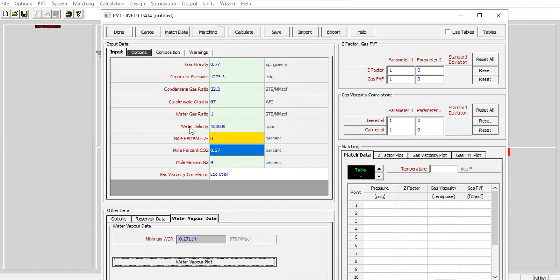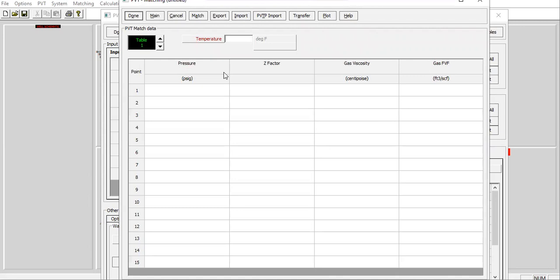And then we need to do matching here, just like what we did in the MBAL software. So open the match data. Here we will do the matching. Just like before, we only have 2 points. The reservoir temperature is 166. And the point is like this: the pressure, Z factor, gas viscosity, gas formation volume factor, and for the second pressure,